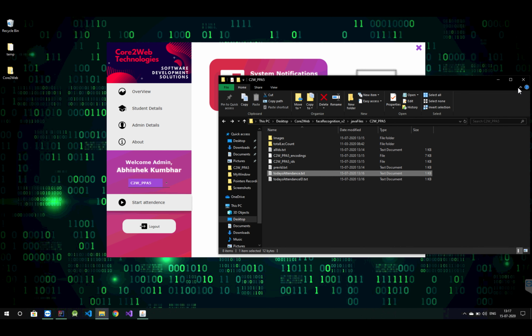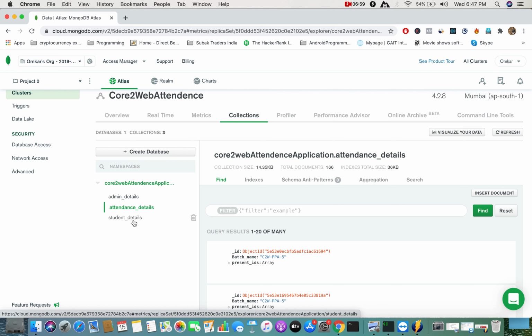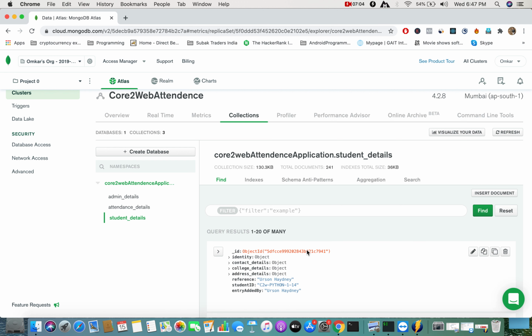Now you can see the database. It's a MongoDB database, and in that database we have created 3 collections. One is for admin, one is for attendance, for bookkeeping or tracking the attendance and accumulating the daily attendance. Then student details is another collection where we store all the information of the student, and it also has nested collections in it.